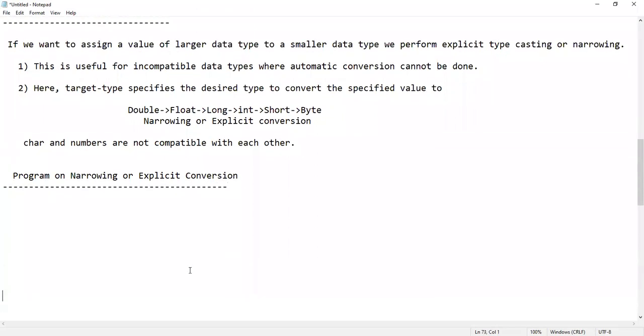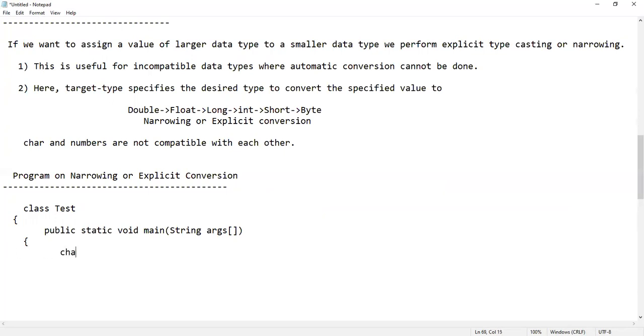So first you are going to declare a class, class test. We are going to declare a class called test. In class test, public static void main, string arguments.